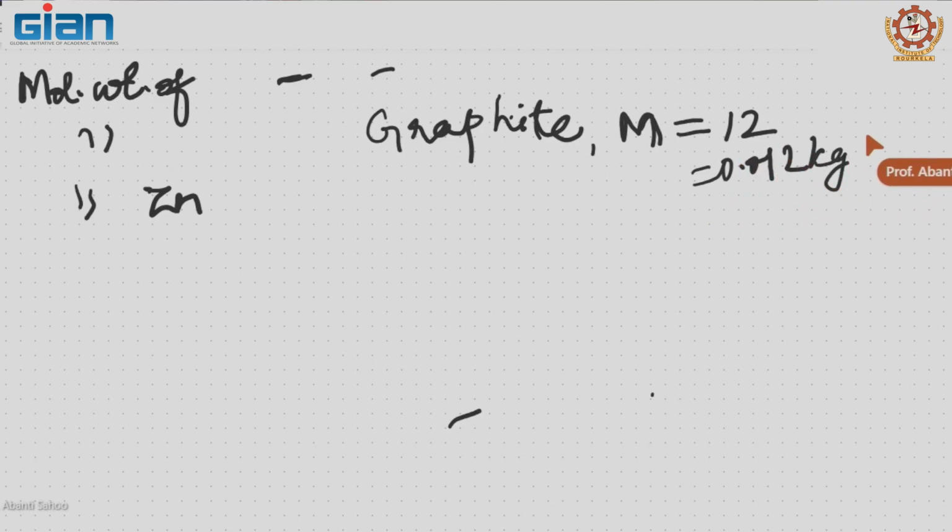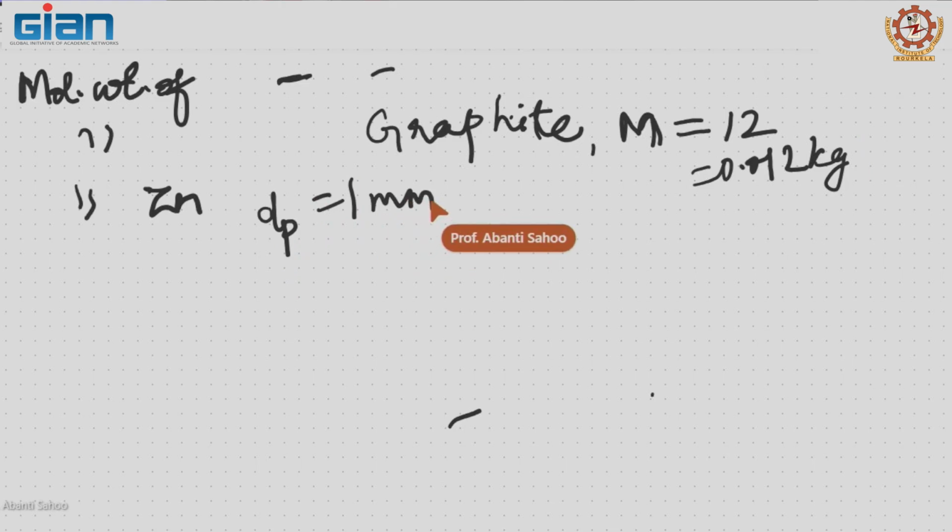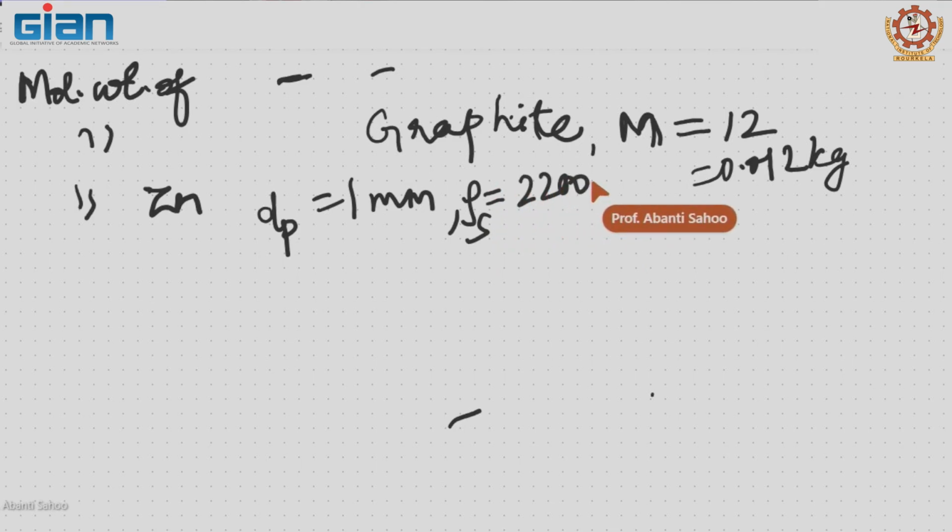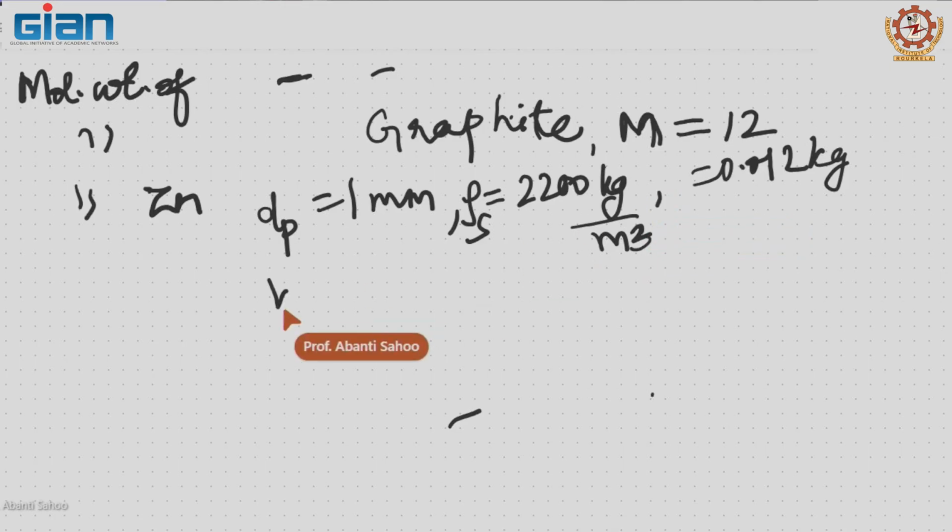And if you take particle size dp 1 mm, and density of the solids 2200 kg per meter cube, reaction rate constant Kc is 0.2 meter per second,